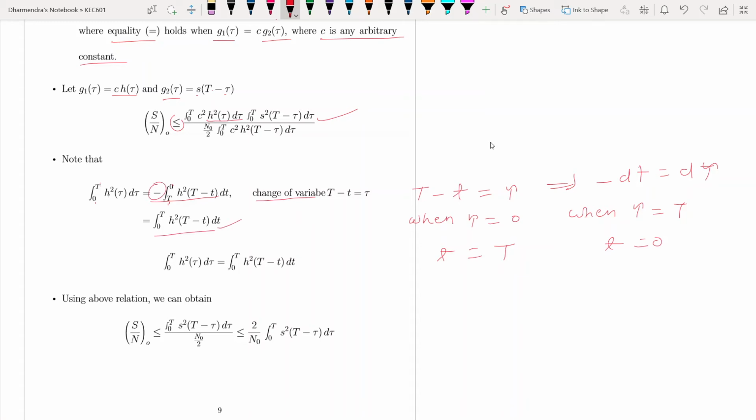Minus multiplied with minus will be plus. So I can write this 0 to t integration of this will be this, both are equivalent. If I use this here,